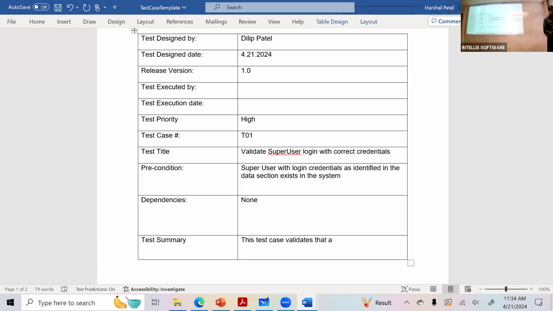Validates that a super user can successfully log in to the system when valid credentials are provided. So in this case, what I'm saying is that a super user can successfully log into the system if they have the right user ID and a password.